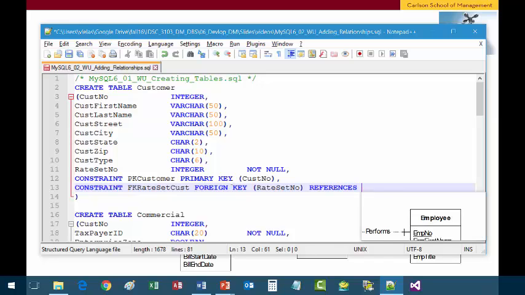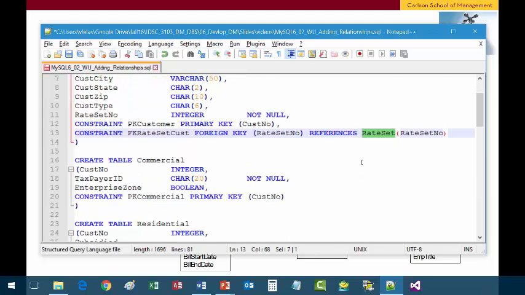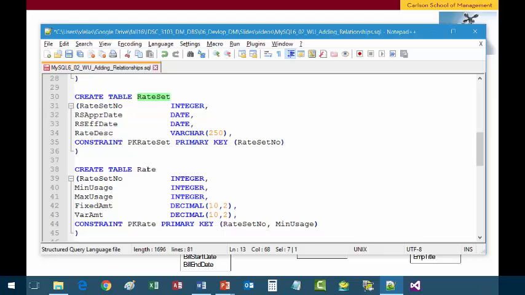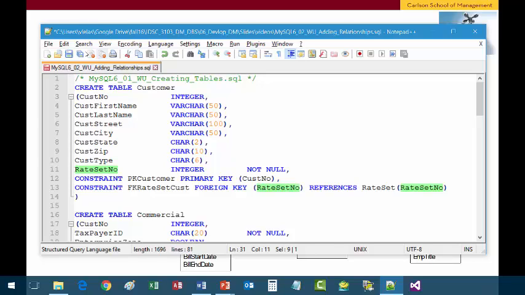References the rate set table, and it's rate set number primary key. Okay, so that's the foreign key that cannot be null. It has the name that's a little weird. References, that's the same foreign key here. References rate set table down below, right here, and its rate set number as a primary key. Okay, so that's only the first of many foreign keys needed in this relatively complex